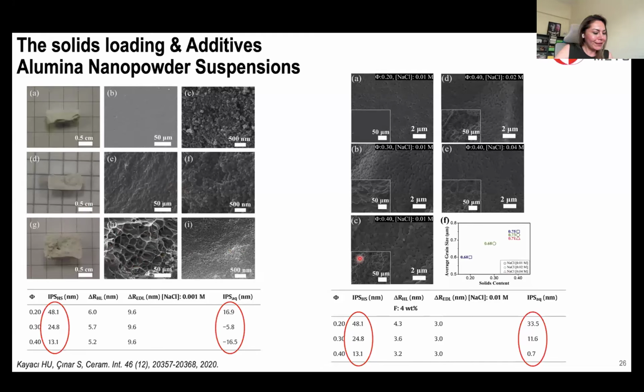So we stretched a little bit here, and then we increased the salt concentration. Can we further shrink that double layer by increasing the salt content? We were able to do that, but still, if you look at the theoretical densities for the sintered product, they were about 70%. So they weren't high enough. We still need some repulsive forces between those particles. Just having that space is not enough.